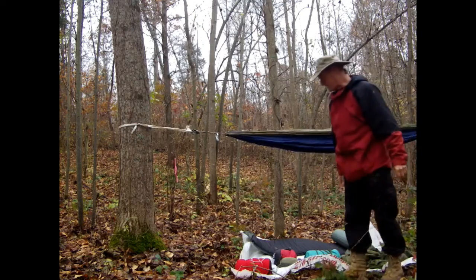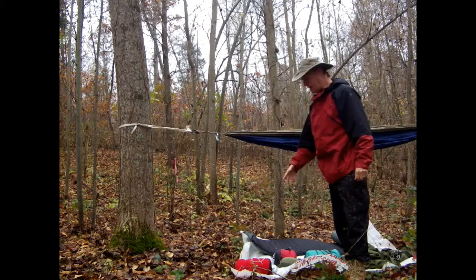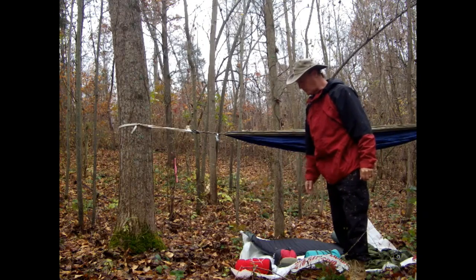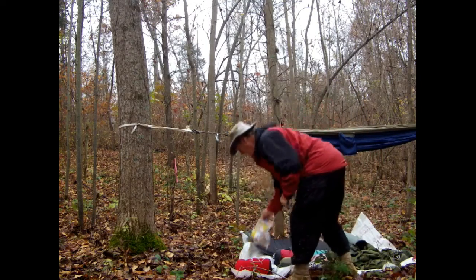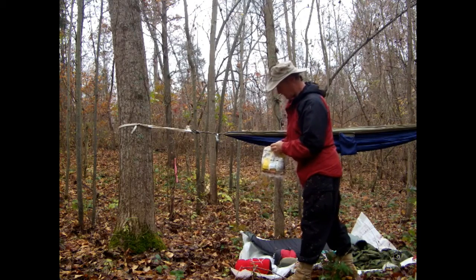So the first hammock is hung. The next part that's going to go in is a Mylar blanket, and then on top of the Mylar blanket is going to be the wool blanket. So this is actually going to serve as the underquilt,